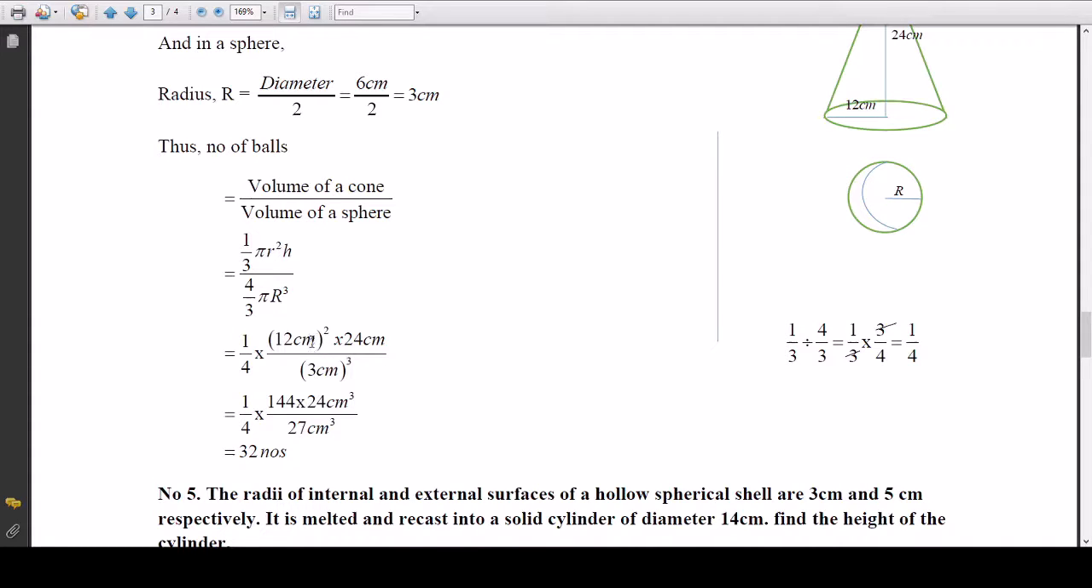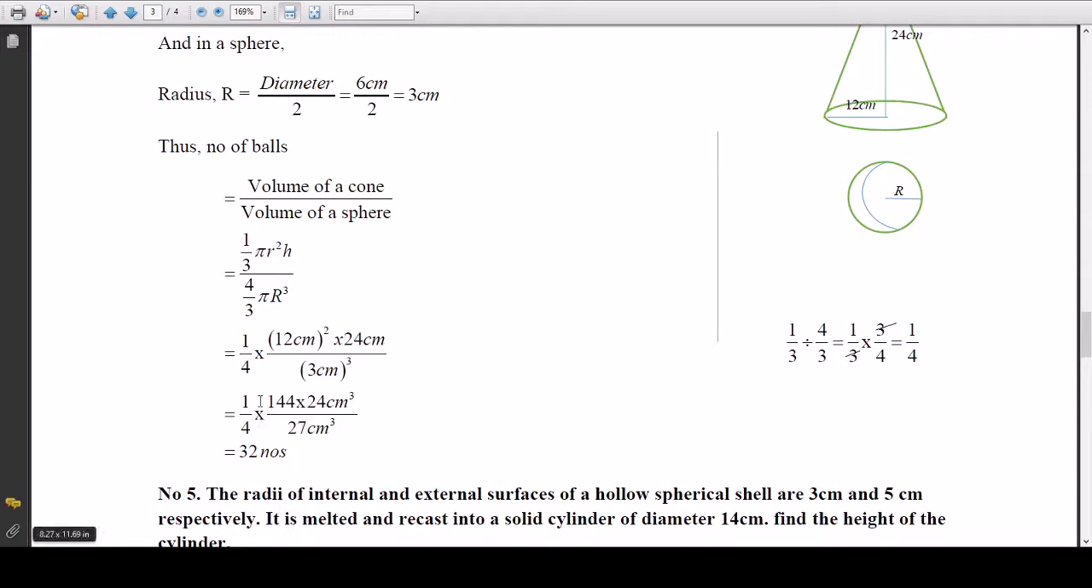Now from here the unit is centimeter, centimeter, centimeter square, and centimeter, meaning centimeter cubed. The numerator and denominator both have centimeter cubed. Cancelling this centimeter cubed, there is no more unit. And here, if you cancel all these terms, what will be remaining? After simplifying this, 144 divided by 4